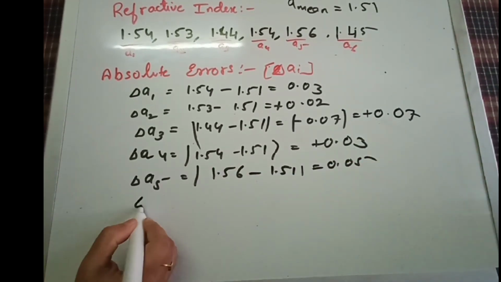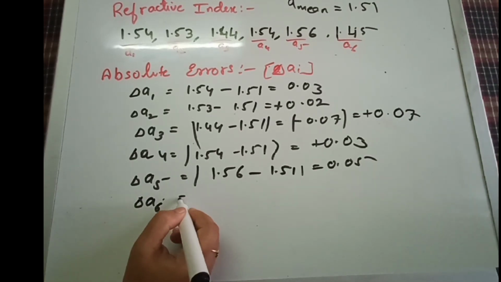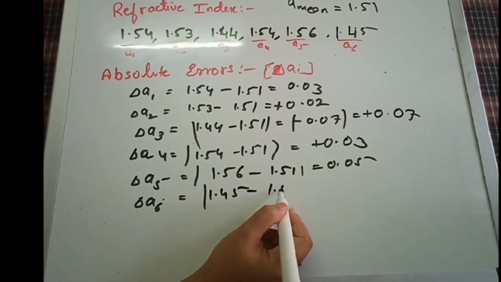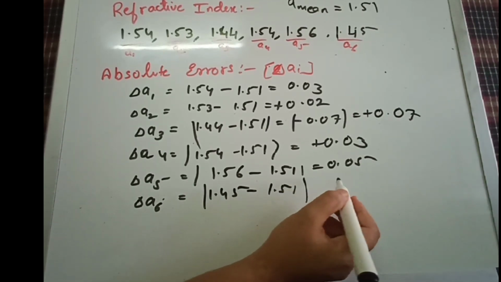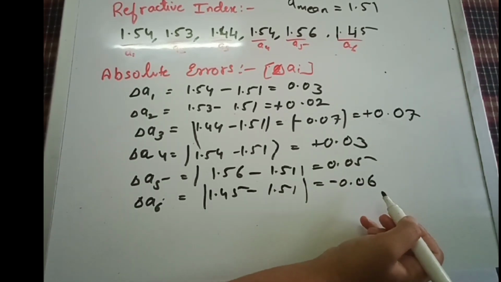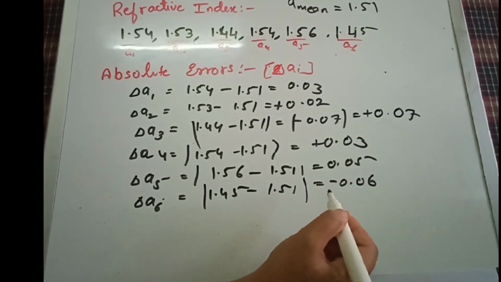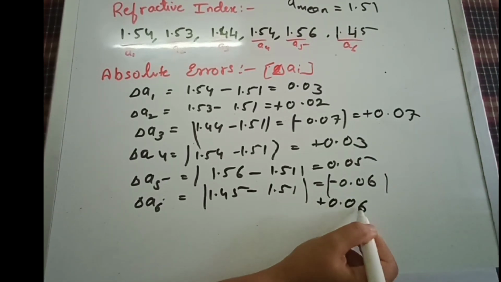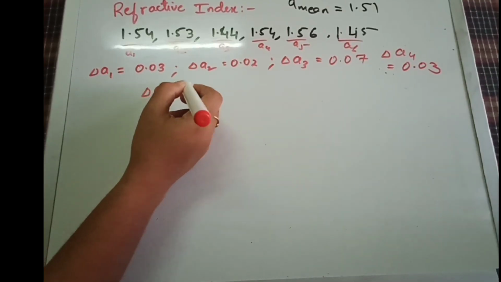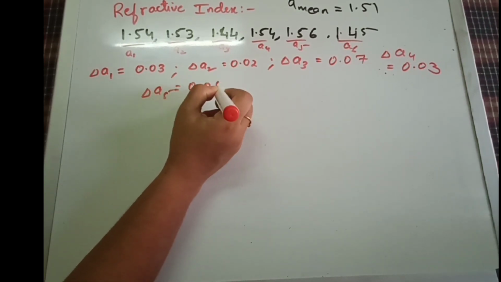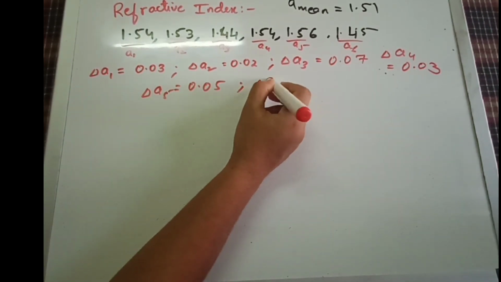If you want, you can pause the video and try to solve by yourself using the formula. Write down all the formulas in one place and then try to solve it. Now the last also we are doing like this. So we have got absolute error for all of these. Again, this minus becomes positive because we want only magnitude. Now I have written down all the answers that we have got, all the absolute errors once again, so that we can carry on with our calculation more easily.